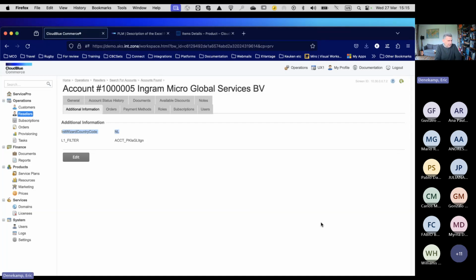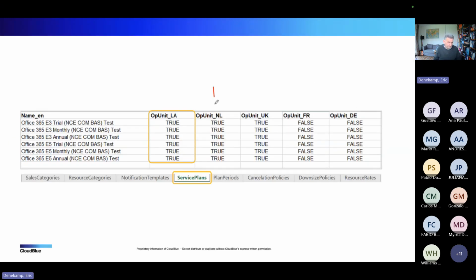So this one, init wizard country code, reflects this column. For demonstration purposes, there could also be an init wizard country code LA. There could be an init wizard country code UK, etc. These are things that are not bound to the ISO country code.